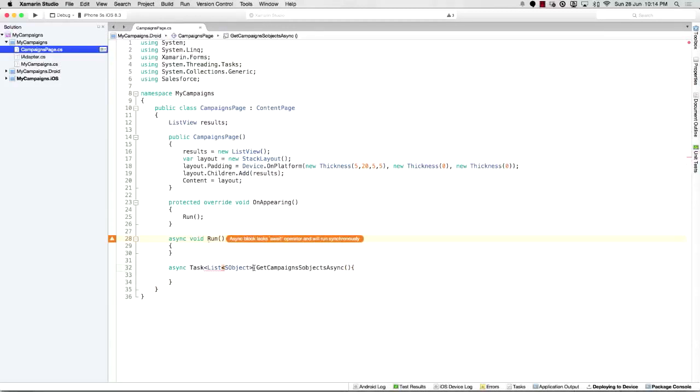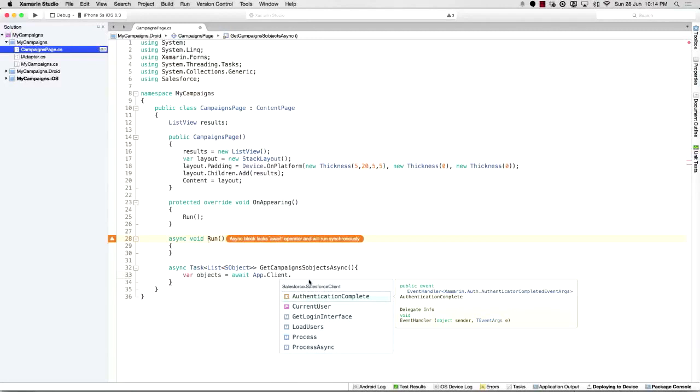The next step is to do the actual query, or the select. Now to do this, we're going to make use of the query async method on our Salesforce client. And we can get hold of the Salesforce client by using the application class. So let's create a variable. We'll call this SObjects. That'll store the information returned, the IEnumerable of SObject, and then we'll await the method. Now remember, we have both query and query async, but we're going to make use of async, so we'll await this method's return. So app client, our Salesforce client property, and then we'll use the